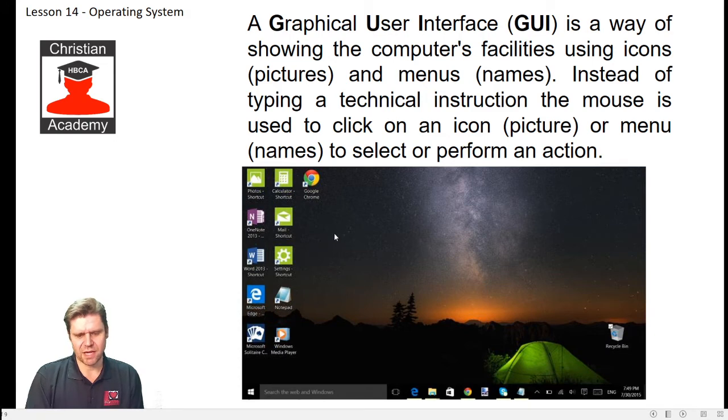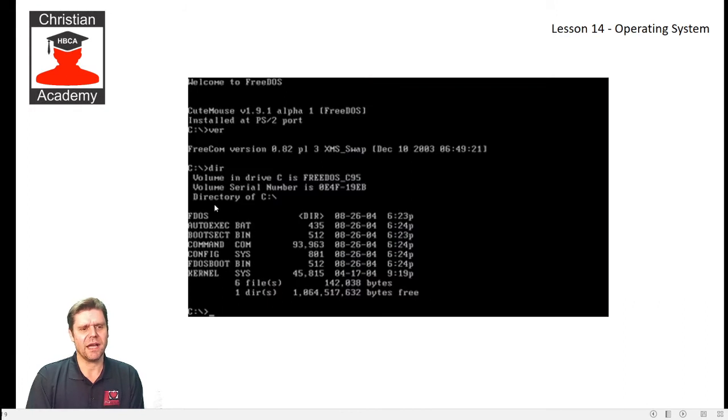Before that, you actually had to type in everything in the command line. So like now, for instance, I can go and explore and find files. But in the olden days, when there was still no GUI, I had to go into DOS or something to that effect. You can see that at the bottom, that is the command prompt.